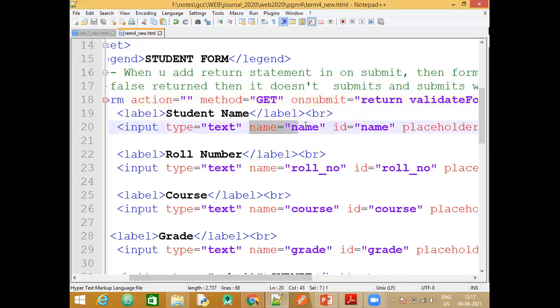I have also given a name. I have given ID. These two things, name and ID. Why do we use them? Now what is going to happen as and when we start with JavaScript? You may not just want to display it and click on submit all the time. You will also want at times to fetch that particular text. You want to store it. Now how do I fetch the text that the user has entered in that text box?